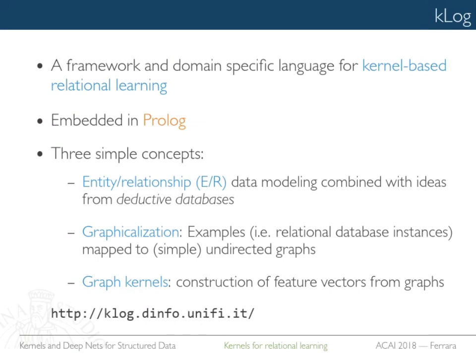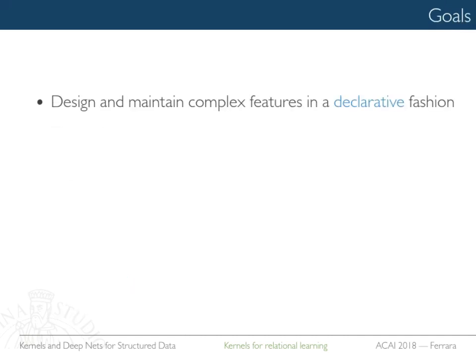I mean, the other one you can check a bunch of papers. There are a few interesting papers on that. But you can also think that you can use neural networks which don't really have this problem of distinguishing between discrete and continuous attributes. So K-log, in a sense, is a fairly simple idea. The idea is that you can do general relational learning. So I talked about learning on graphs, but with K-log you can do general relational learning. So you can really write your problem in a declarative way and use Prolog as your language.